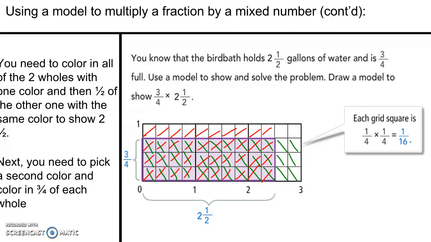All right, you can see the thing that the book does that's a little bit different is that they don't show you all of this, they just show you your final answer. And it's easier for you to do it this way and mark it and see how they get that step in between. All right, now what we're going to do is we're going to go back and we're going to count how many squares actually have both colors, or actually have X's in them,